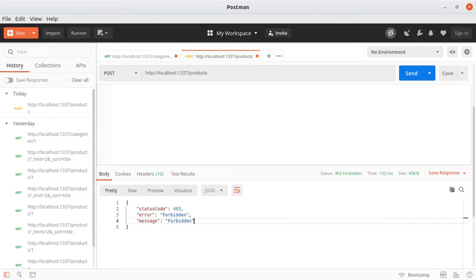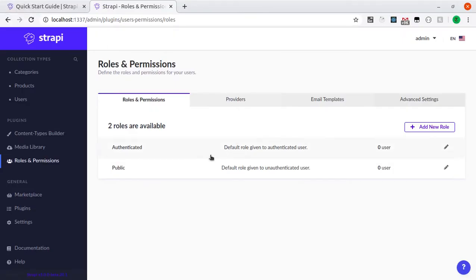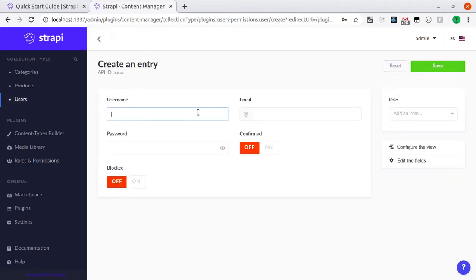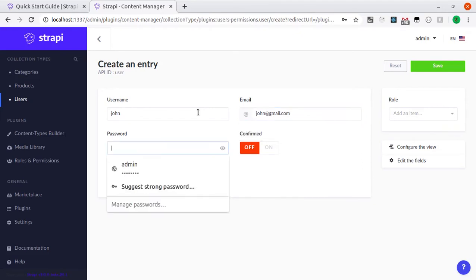So let's go back into our admin area, and we are going to need a user. So if we go to users, then add new user, we'll just call this user John, and email will just say john@gmail.com.